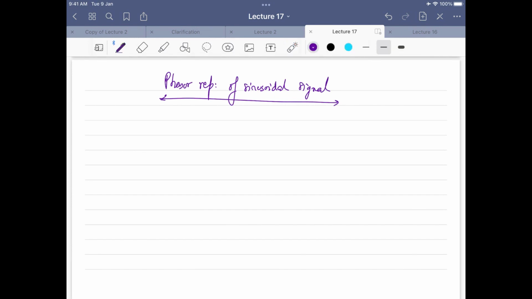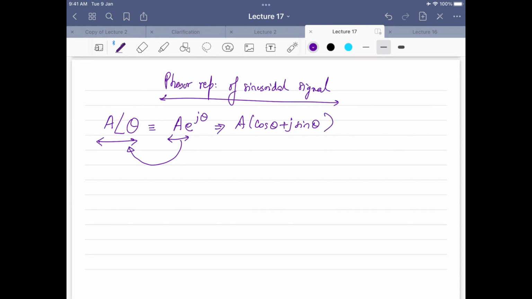Normally, polar coordinates can be easily represented as this, as you all know. If I am writing an angle phi, how can it be represented in another format like exponential? Can anyone tell? If I want to write it in j theta, it is like e raised to power j theta. So this is equivalent to this format. And then basically it is nothing but A cos theta plus j sin theta, right or not? So this is like this.